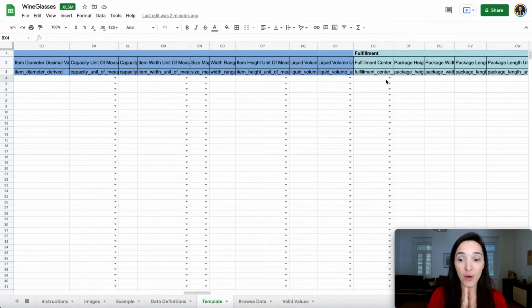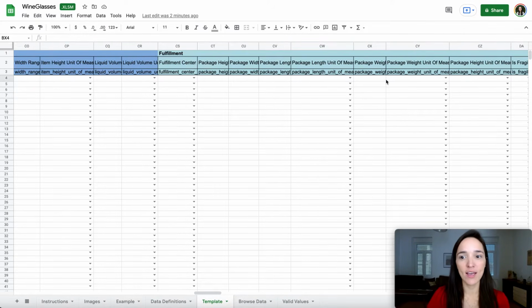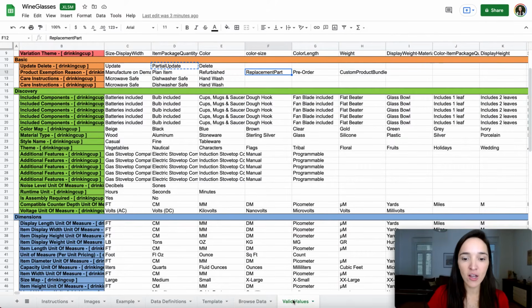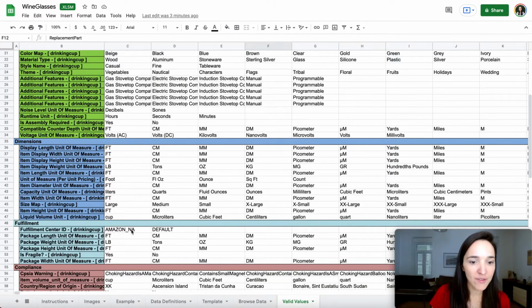Now, this is very important because I did not do this the first time that I used this process. And for Fulfillment Center, if you are updating an existing listing that is fulfilled by Amazon, in my opinion, you have to fill out this column right here, the Fulfillment Center. If you're selling on Amazon US, you would have to put this one,